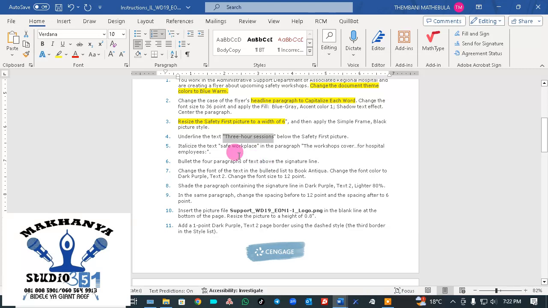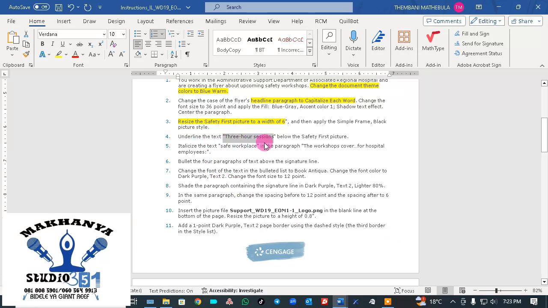They can say underline the text 3-hour sessions below the safety picture, but the instruction may come from this side, like in your mock test. Then